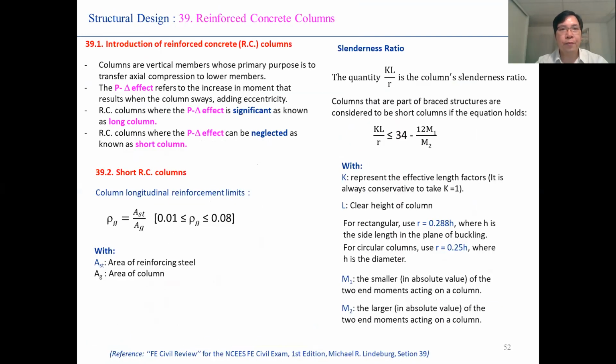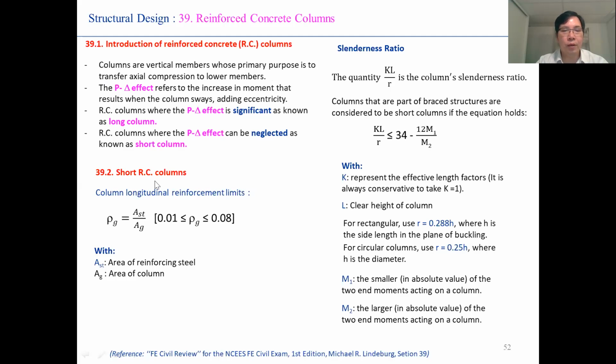So now I would like to pass to the next chapter concerning the reinforced concrete columns. In this slide, I show you some reminder of the theory related to the reinforced concrete column. You can see in detail when you have more time for the short